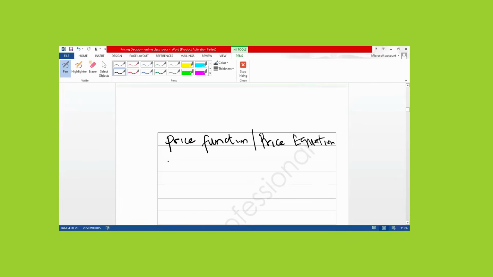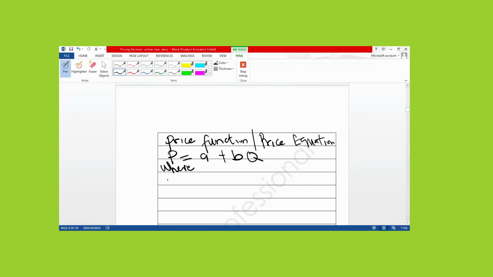Your price equation gives us P = A + BQ. You can write it down if you like. The price equation, or the price function, is also called the demand function. P = A + BQ,